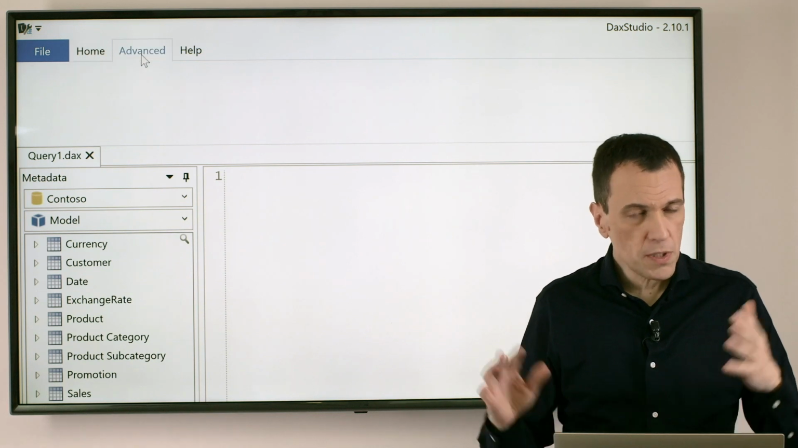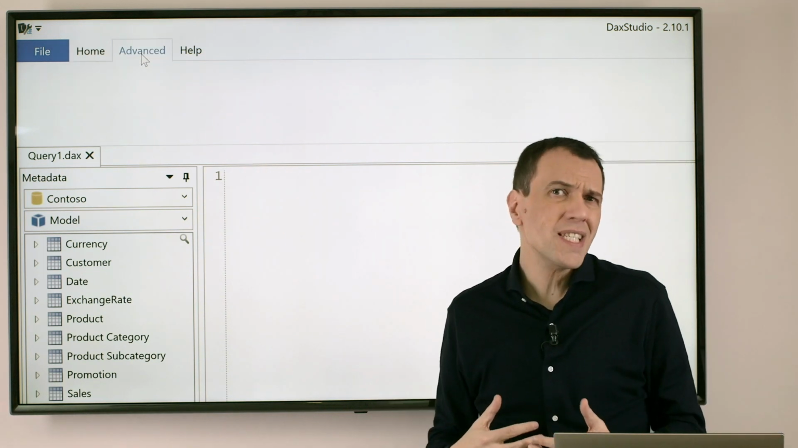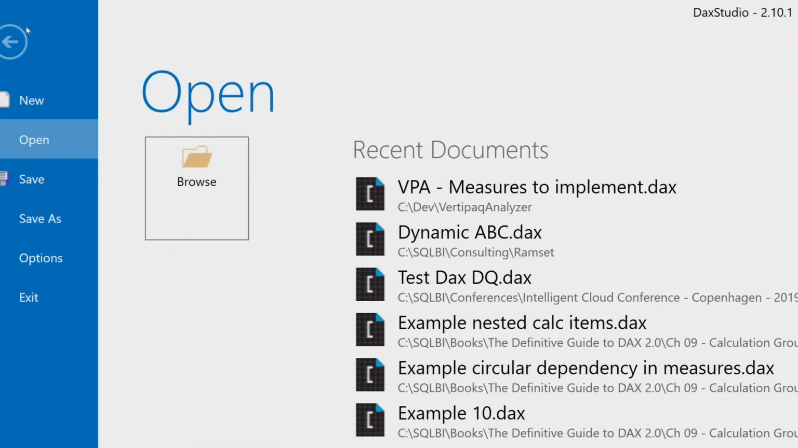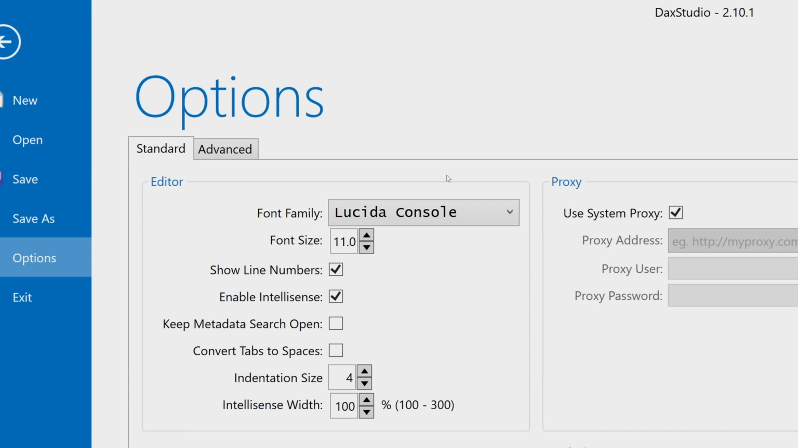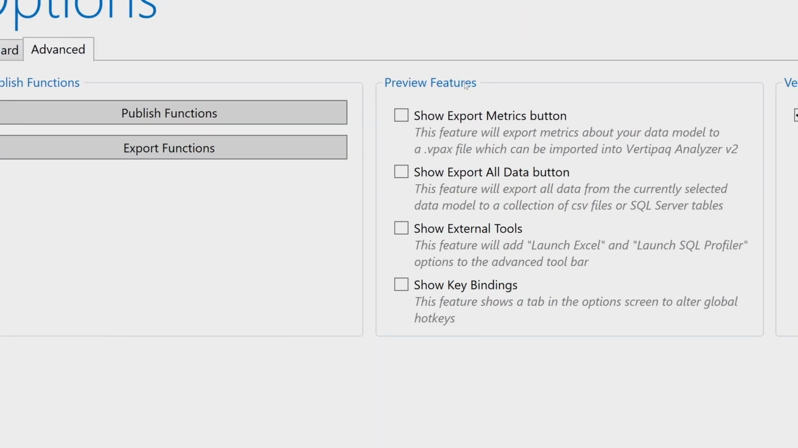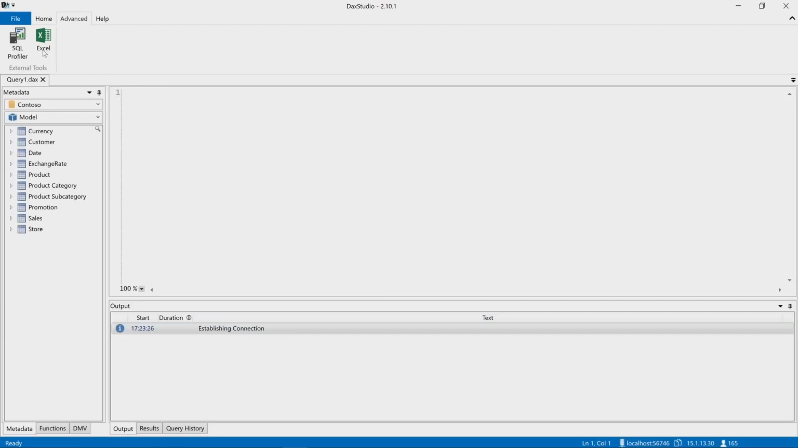And now, because this is DAX Studio just installed, this feature is not enabled because it's an advanced feature. Where can we enable it? We have to go in File, Options, and we have to go in the Advanced tab, and in the Preview Features, we have to enable Show External Tools. Once we enable this, we will have two additional buttons, and the one we are interested in is this one,